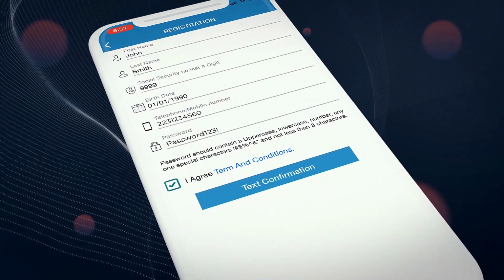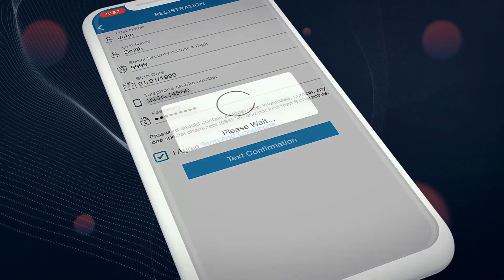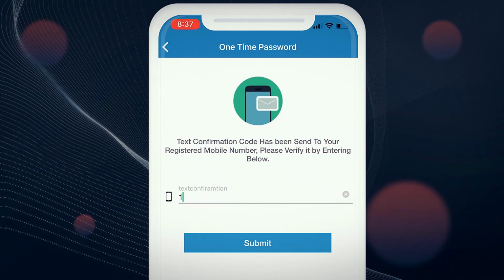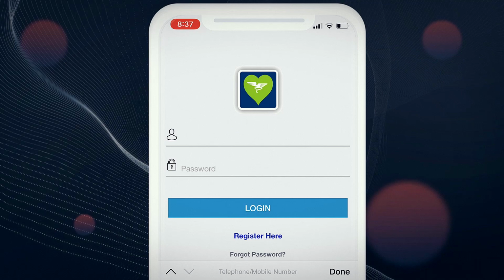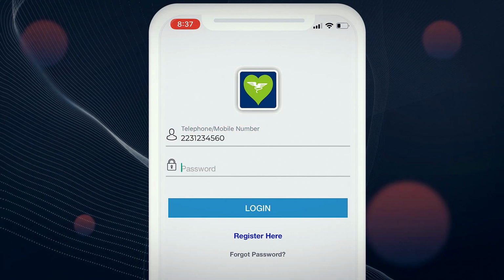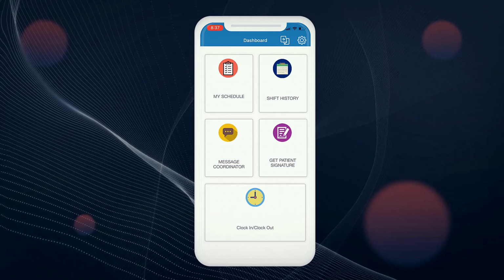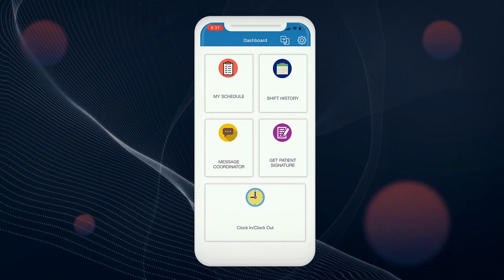Check the I agree to the terms and conditions checkbox and then press the text confirmation button. Enter the one-time code you received by text message and then tap Submit. You're now ready to log in. Enter your phone number and the password you chose during registration. From this simple home screen, you'll be able to access all of the tools you need to track and record